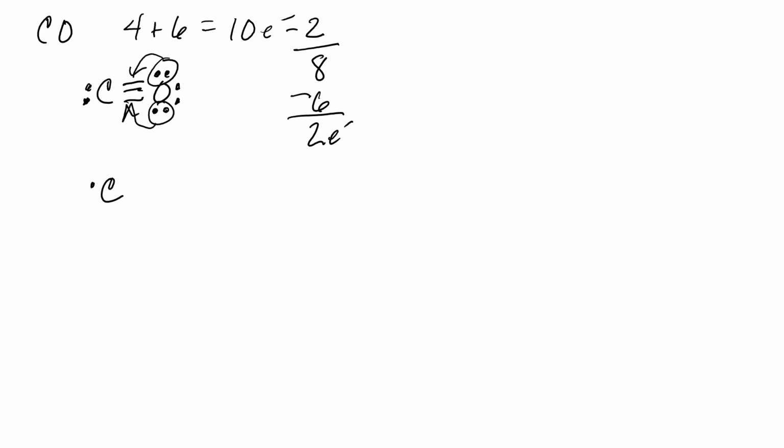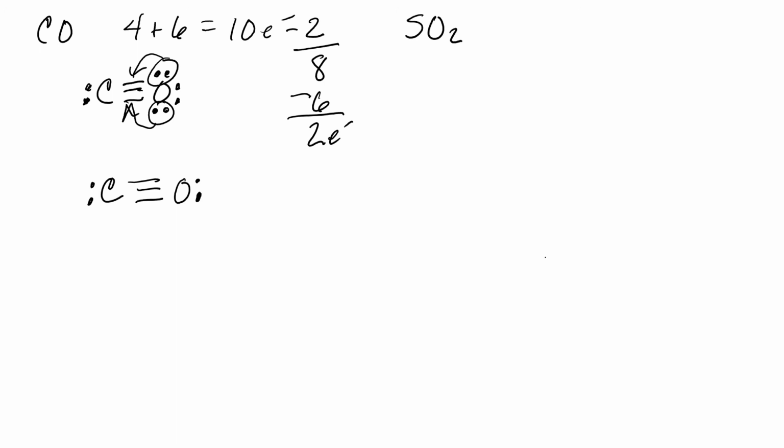So the correct Lewis structure for carbon monoxide is this. Each element has a lone pair, and they are connected by a triple bond. Okay? Let's look at